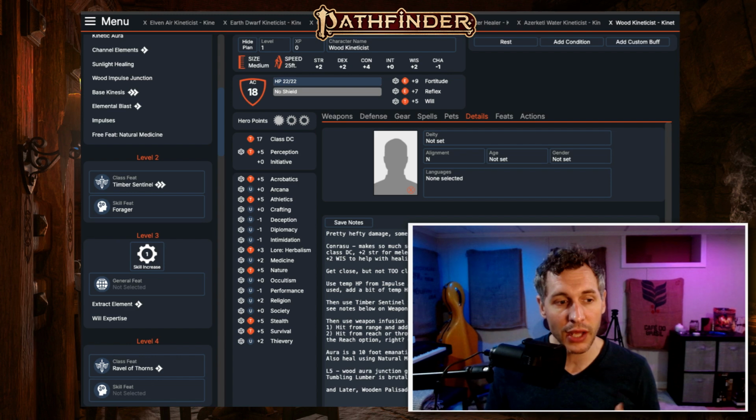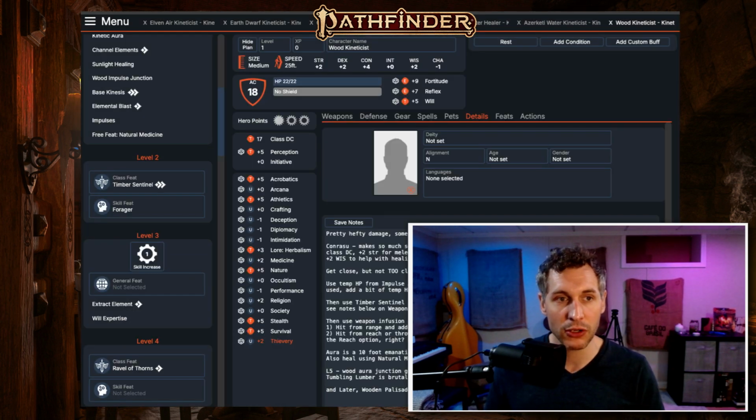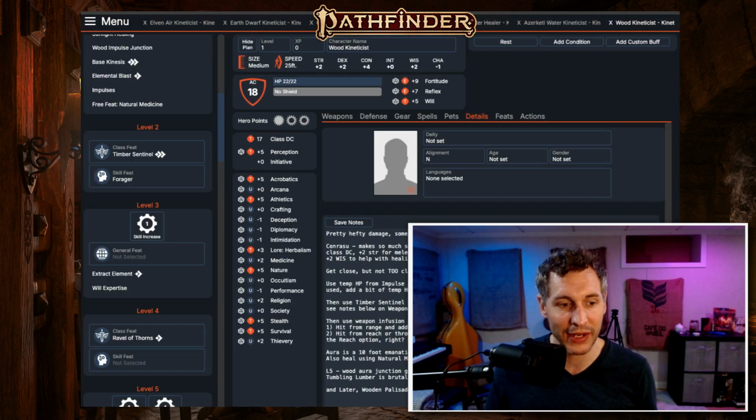As you move on, I like leaning into a bit of protection and battlefield control. Timber Sentinel. Cool impulse. It's a protector tree, but that means you can get up close to your front line, lay down a Timber Sentinel, a protector tree, keep the front line safe, do that medium range damage. You can then use Ravel of Thorns for some excellent battlefield control, and then at level